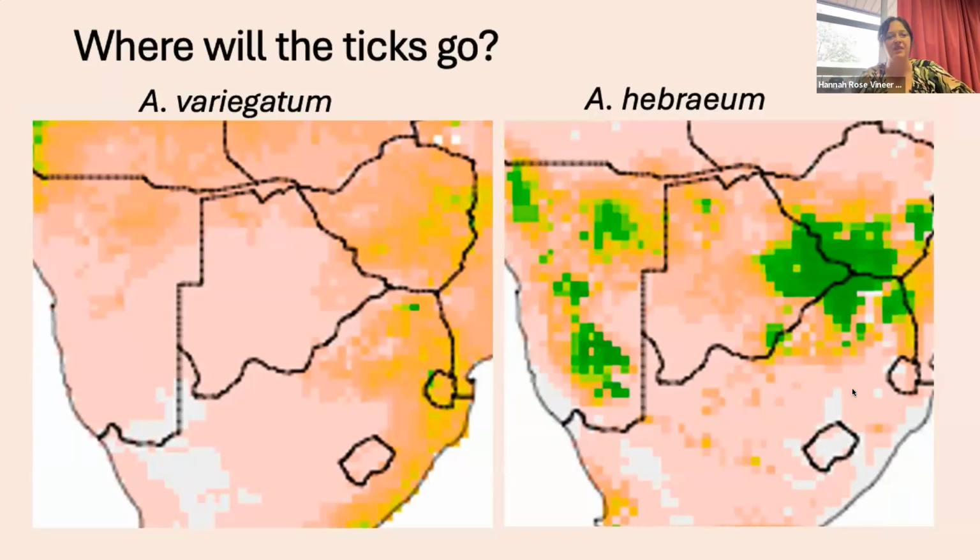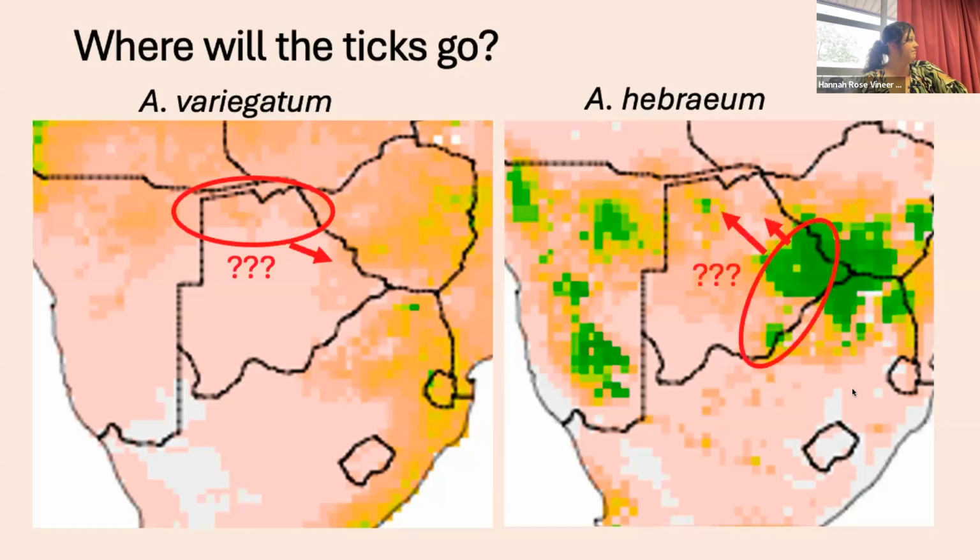It's hypotheses. So for Amblyomma variegatum, we currently have them up here in the delta and around Kasane going to the Zambian border. Could they move further south towards the Hardveld area? And for Amblyomma hebraeum, they're currently in the Hardveld area. Could they move further north into the delta? And there are a couple of things for us to consider. For example, the foot and mouth controls preventing movements of livestock outside of the delta, and also different